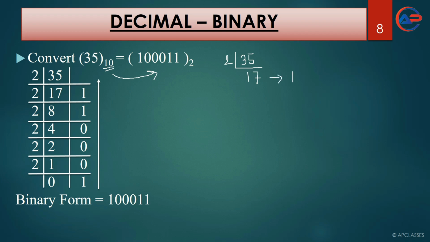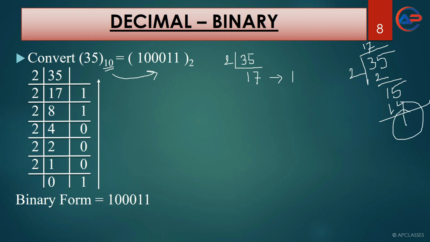And if you are unable to do it like this, just divide it somewhere else, in the rough part, by 2. 2 ones are 2, 1, 5, and here 2 sevens are 14. The remainder is 1, right? So you can see that the quotient is 17 and the remainder is 1. We have to write the quotient here and the remainder here.